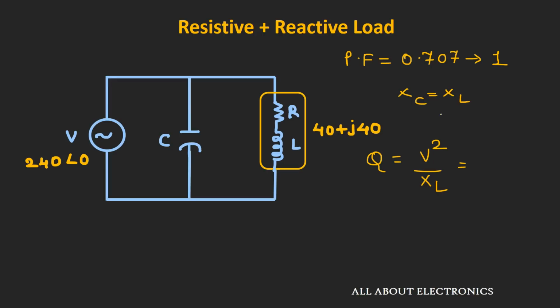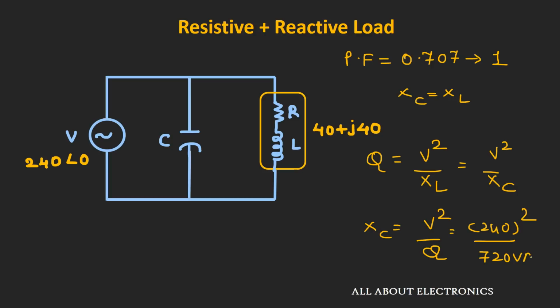And here the Xc is equal to XL. So we can write V square divided by Xc. That means Xc is nothing but V square divided by Q. Now we know that here the voltage is 240 volt, that is 240 volt square, and earlier we found that the value of this reactive power is 720 VAR. So from this we will get the value of Xc as 80 ohm,